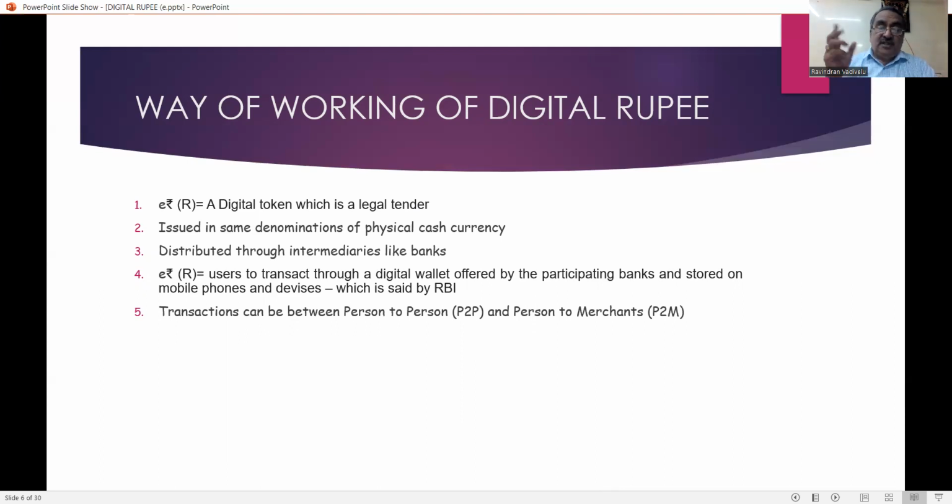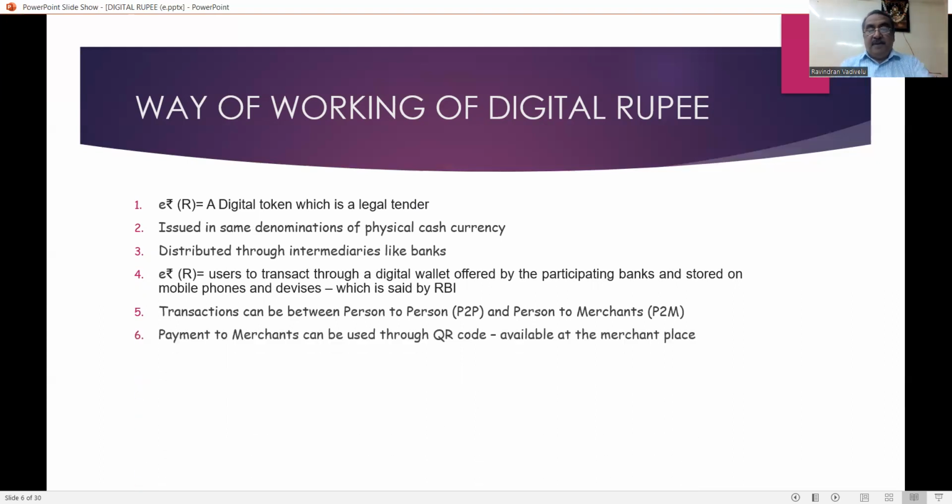Person to merchant, that is the wholesalers, the persons who are selling the goods. For them also, you can use the digital rupee. And payment to merchants can be made through the QR code, which is available at the merchant place. Normally, you go to the shop, there is a QR code, and from there you can do the digital rupee transaction. And since it's controlled by RBI, it is trustworthy,